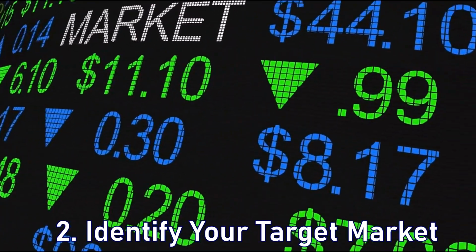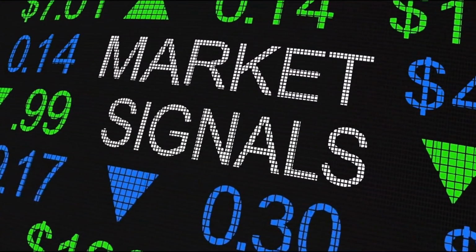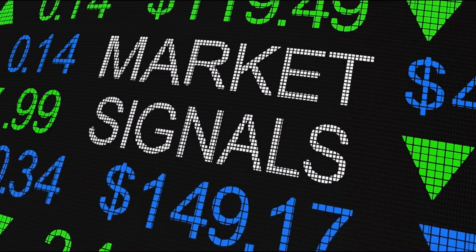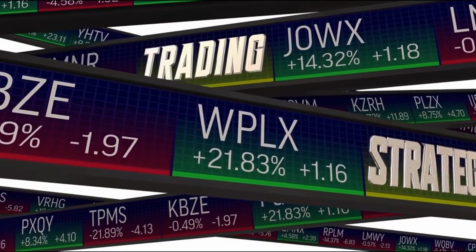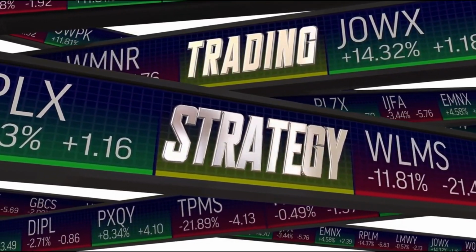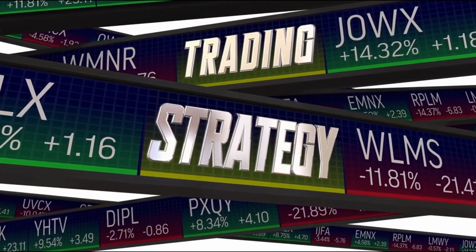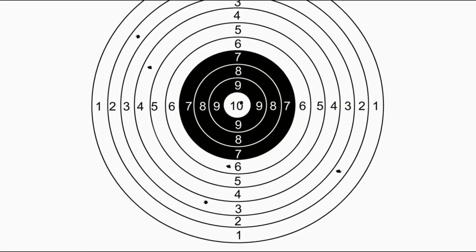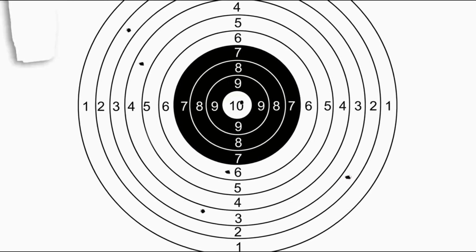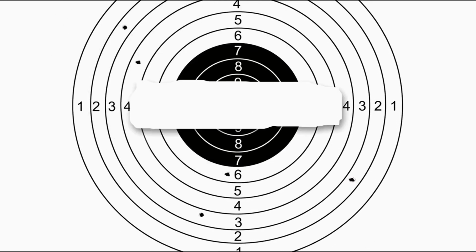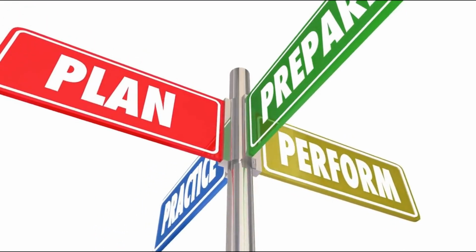2. Identify your target market. Knowing who you are trying to reach is essential in order to build a successful monopoly. When determining your target market, ask yourself questions such as, who will benefit most from my product? What needs does my product fulfill? Who is my ideal customer? By answering these questions, you can begin to create a profile of the type of customer that is most likely